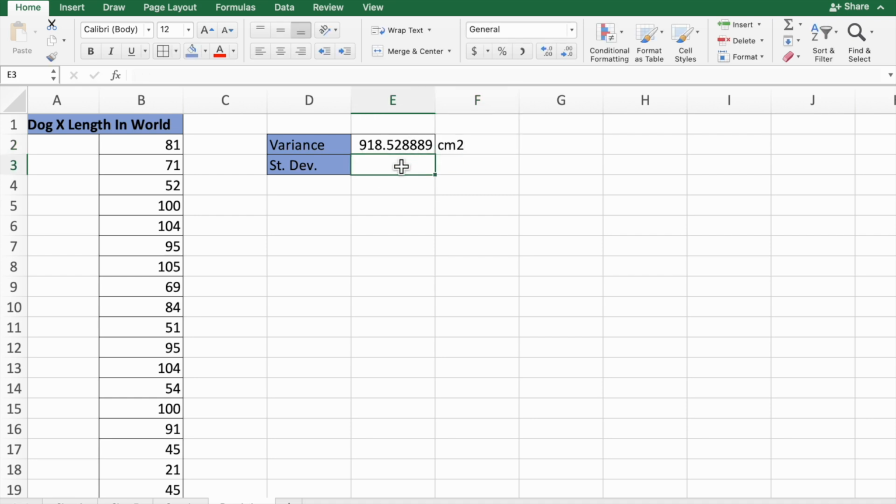So now if you want to find out the standard deviation of this variance, here SQRT is square root of this, and so this is the standard deviation. Okay, so like this you can find variance and